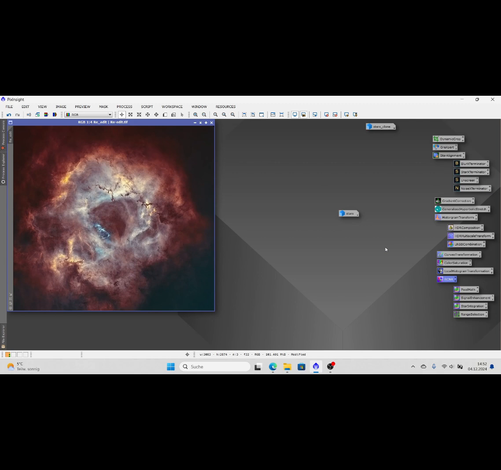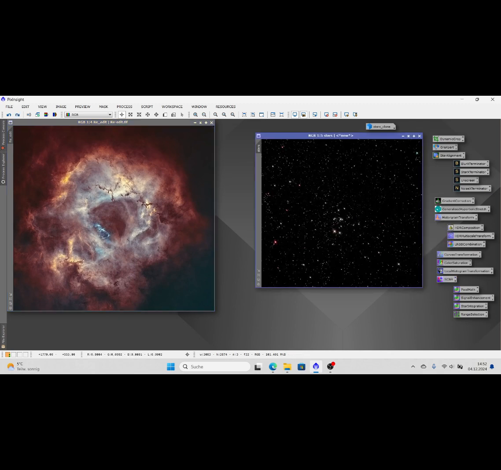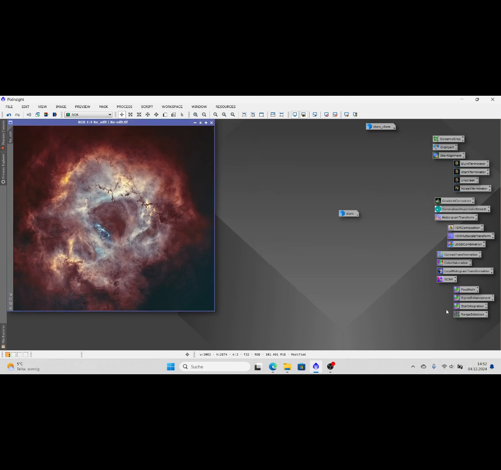Today, not as usual a video about the TubeTech Astro Station. Today I have a little tooltip for you. As you can see, it's about PixInsight, and after you have finished editing the nebula, you usually like to screen back your stars. And if you are like me, you like to have your stars well present and nicely saturated. But when you screen them back, no matter if you're using combined image or pixel math, I have here